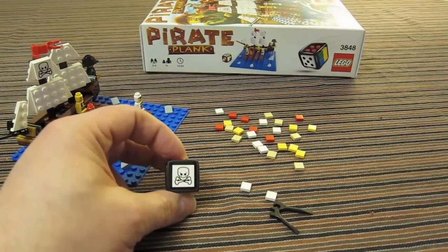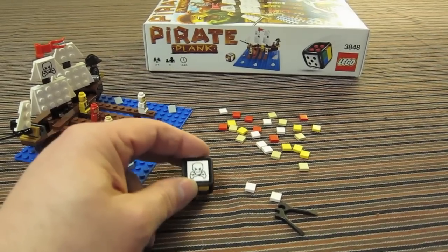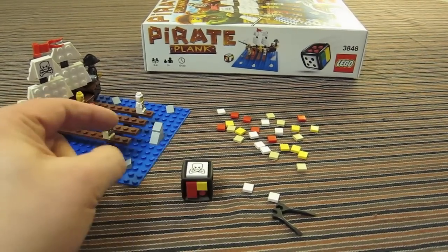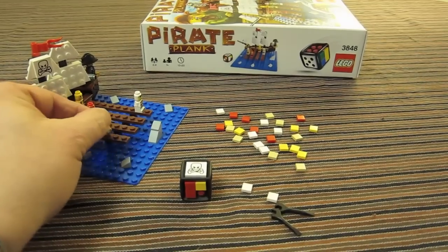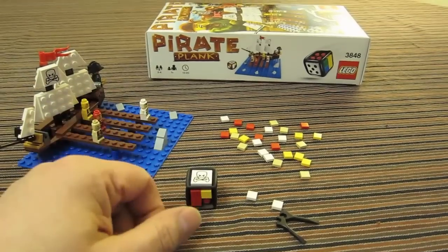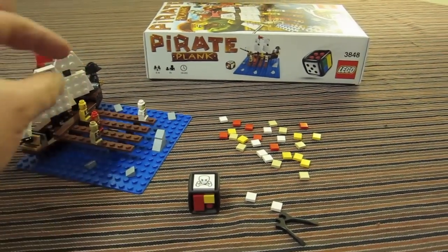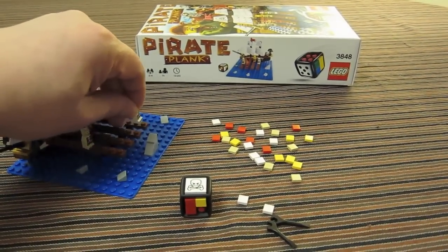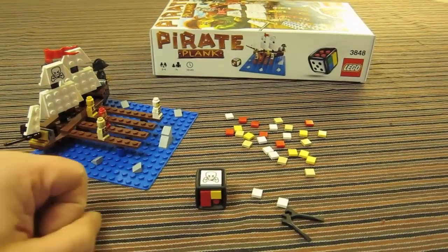One last rule to explain is the pirate captain. On here, you may either move your pirate backwards 2 steps. So let me move this one back 2. Or choose another player, any of the players, so it's a little bit of a wild card, to move his pirate forward 1 square. And as you can see, I'm now placing the white player into the worst position